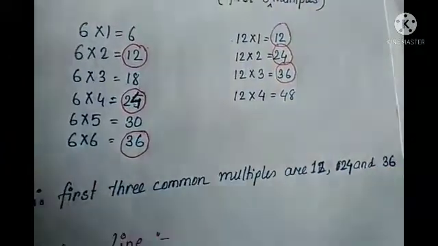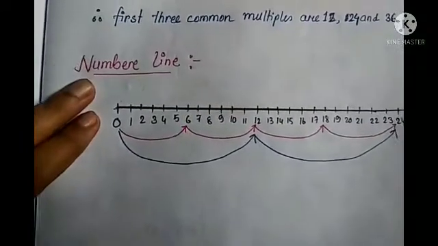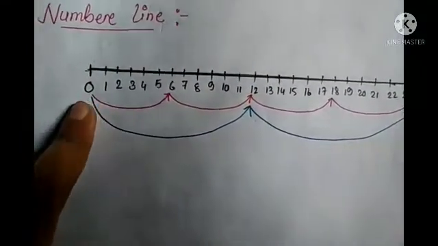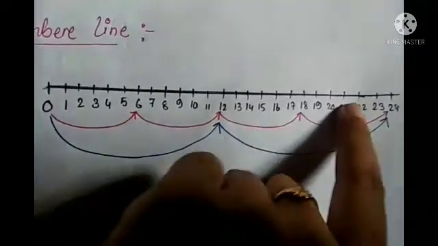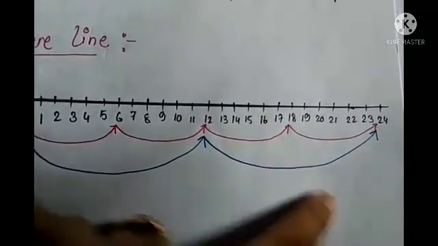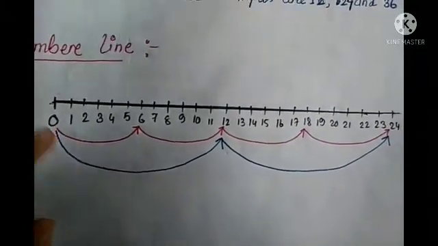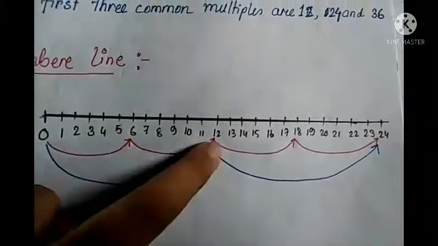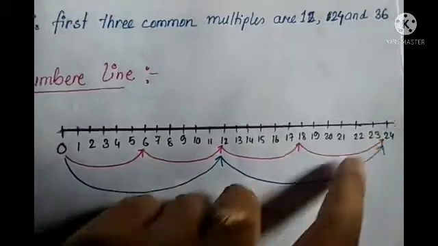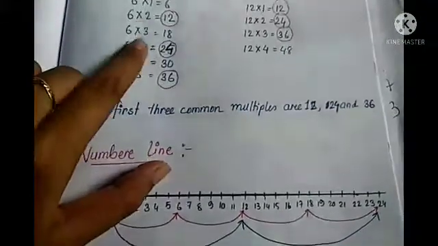I have written here. Now I can show you this with the help of number line as well. So first of all, how to do that? I have drawn here one number line. Okay, there I have mentioned some numbers also. First of all, we will step for 6. So 0 to 6, then 6 2 ja 12, 6 3 ja 18, 6 4 ja 24. Okay, so these are the multiples of what? 6, as you can see already here.